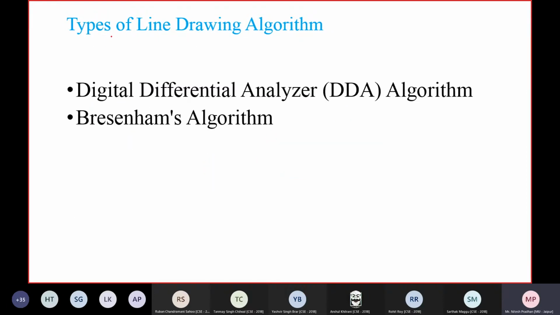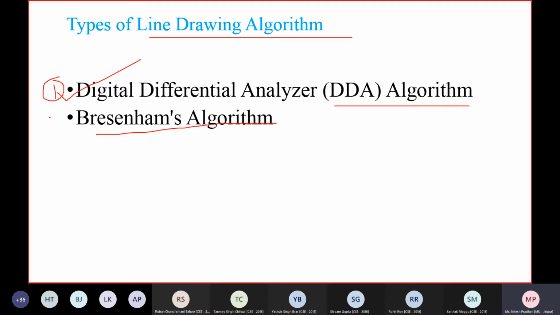As I told you, there are two different line drawing algorithms in your syllabus. Actually there are three different algorithms in line drawing, but in your syllabus only these two are available, so we have to cover these two only. The first one is the digital differential analyzer, known as the DDA algorithm, and the second one is the Bresenham algorithm. In today's class we'll see the digital differential analyzer, and in tomorrow's class we'll see the Bresenham algorithm. Both algorithms are used to calculate the middle coordinates of the given line. For example, if A and B are given to you, you have to find all the remaining coordinates.